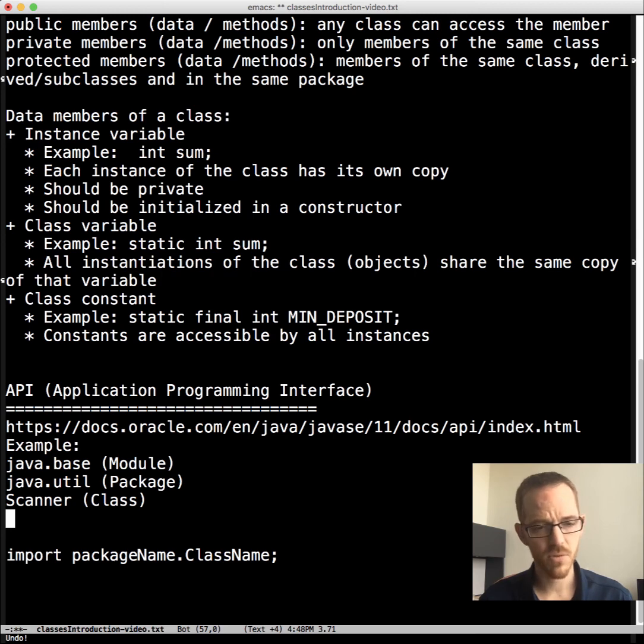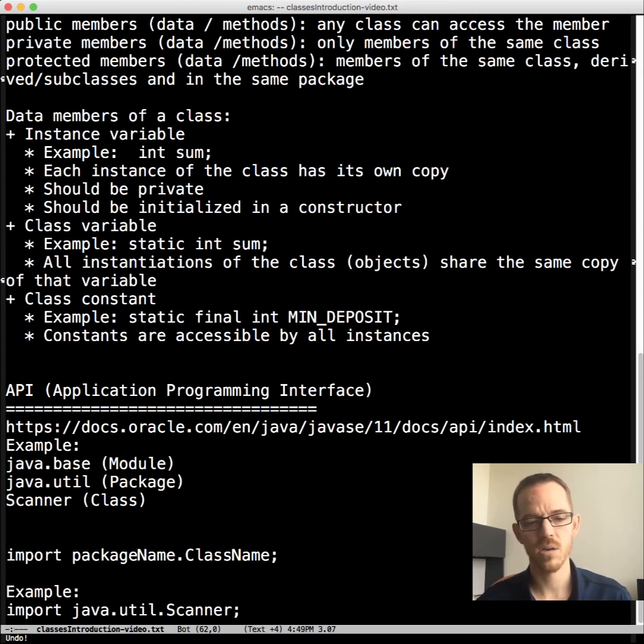An example for the scanner class is import java.util.Scanner, because java.util is the package name. You don't put the module name on there. And don't forget the semicolon as well.